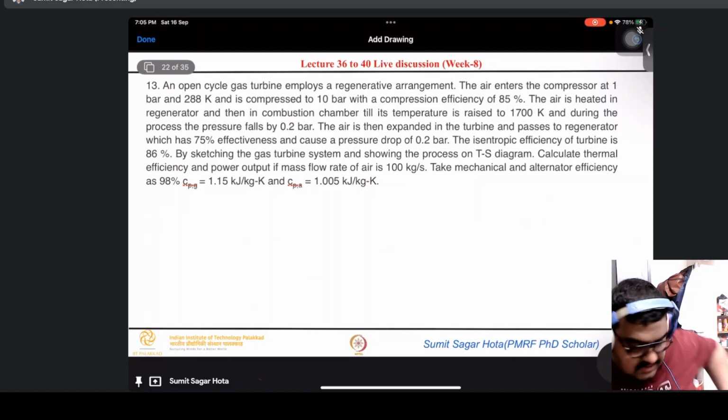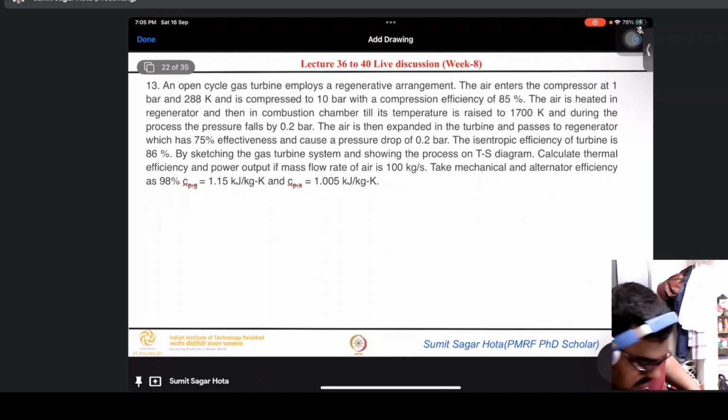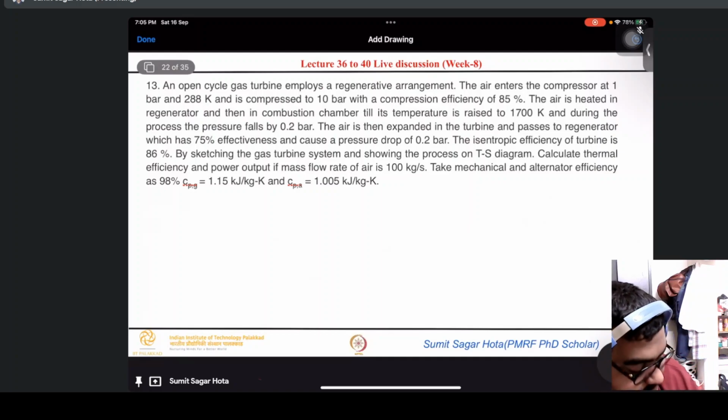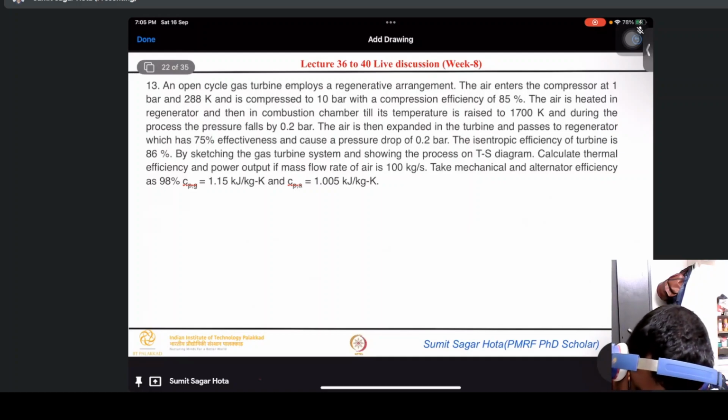Okay, so next question. An open cycle gas turbine employs a regenerative arrangement. The air enters the compressor at 1 bar and 288 Kelvin and is compressed to 10 bar with a compression efficiency of 0.85. Sorry, 85%. The air is heated in the regenerator and then in the combustion chamber